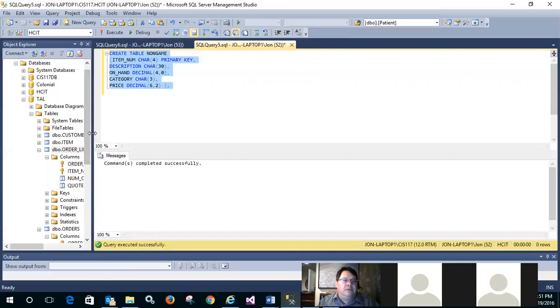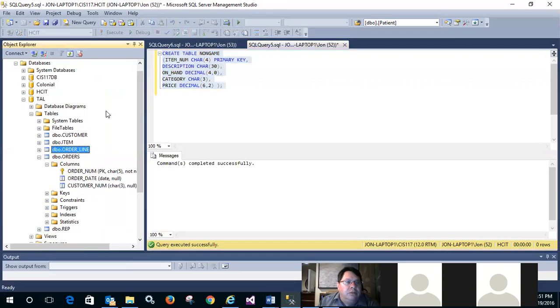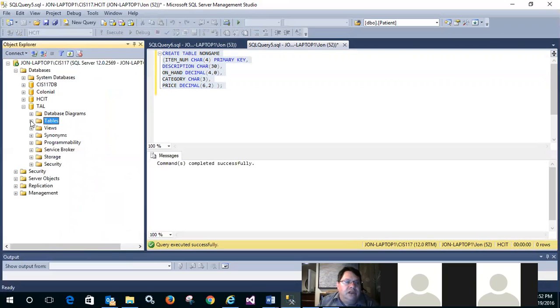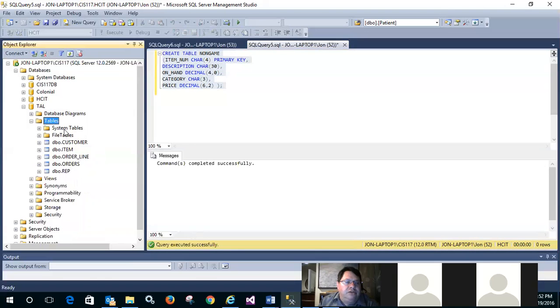Okay, so that's created. And the thing you will recall about SQL Server Management Studio is that the nice thing is it doesn't waste a lot of bandwidth refreshing until you tell it to, because every refresh costs a lot of transactions back and forth to the database. The problem is if you then go look at the tables in TAL, it just said this created non-game. Do you see non-game? I don't see non-game. Remember that it's been done, but you have to refresh your view. So if you come over here, refresh it, and now we should see,